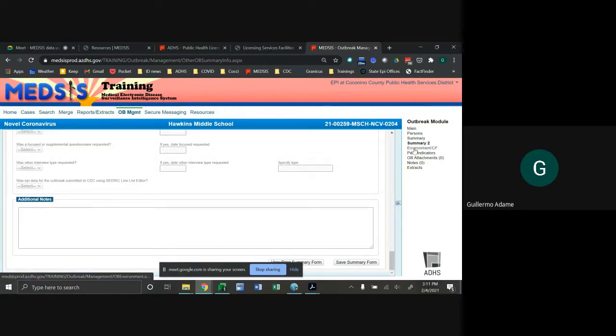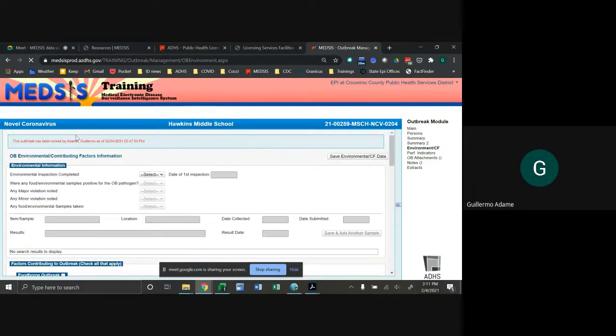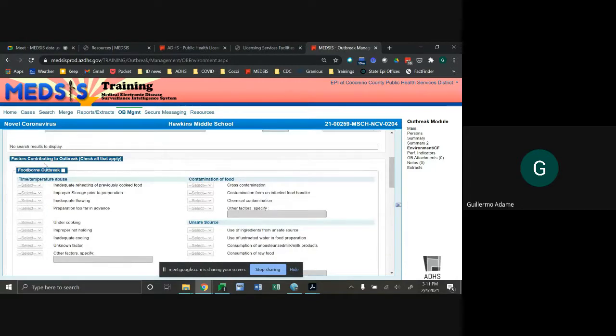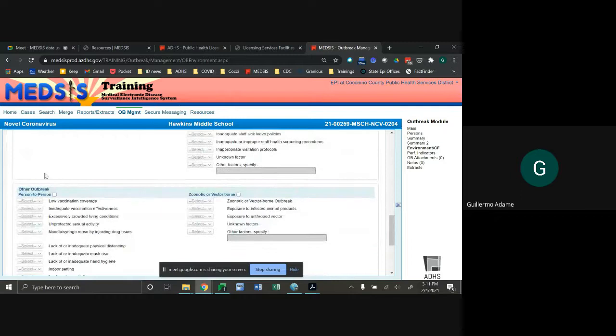Next is the environment and contributing factors page. On this page, under the section of factors contributing to outbreak, check the box next to the type of transmission and select contributing factors. So for COVID, we're going to check, sorry, this is down here, person to person, and you'll see these fields will be editable.